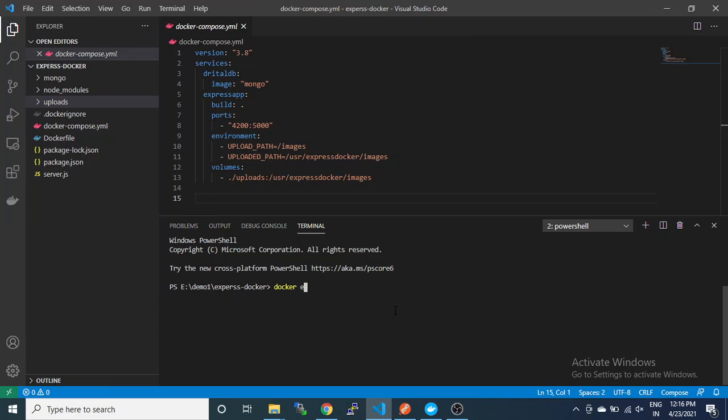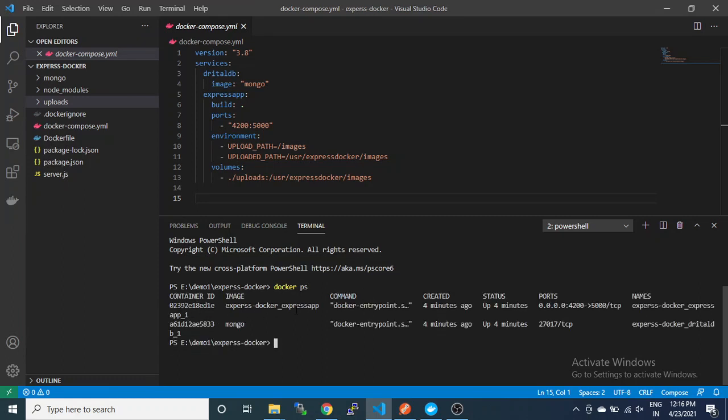Docker execute it, and okay, Docker, it will show the container ID. So we need the container ID, so it is the container ID.